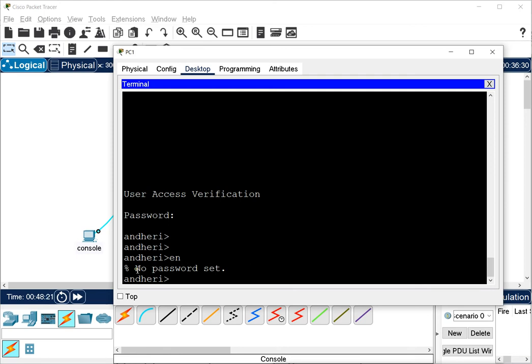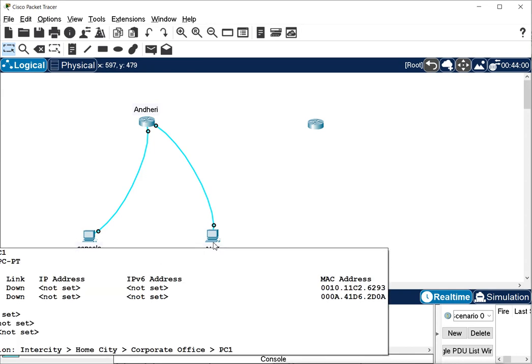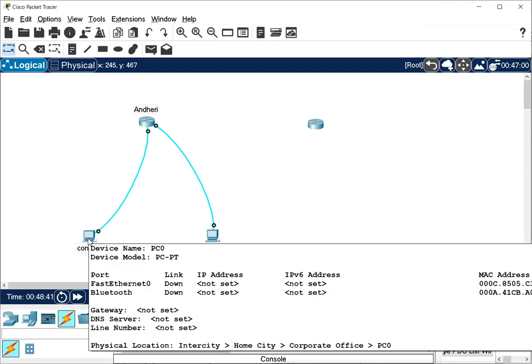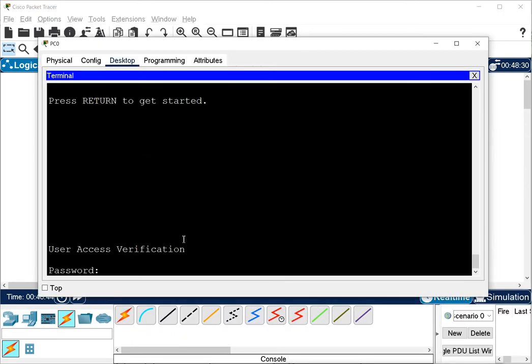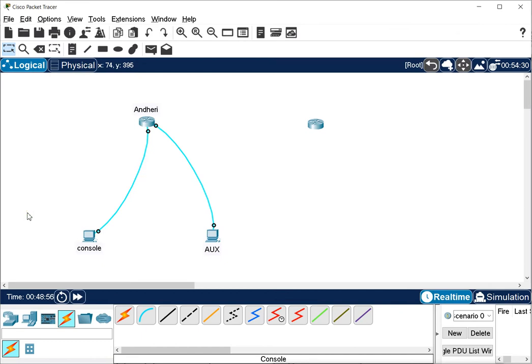It is also saying that no password set, and this is because there is no password set for privilege mode. So if there is no password set for privilege mode, when you connect from auxiliary, it will not allow you to go to privilege mode. But even though there is no password, we can still go to the privilege mode by using the console port. So when I connect from the console port and I try to go to privilege mode, I can go because there is no password. And that is why I told you that this is the primary connection, primary line. And that is why I configured the auxiliary password also through the console port.